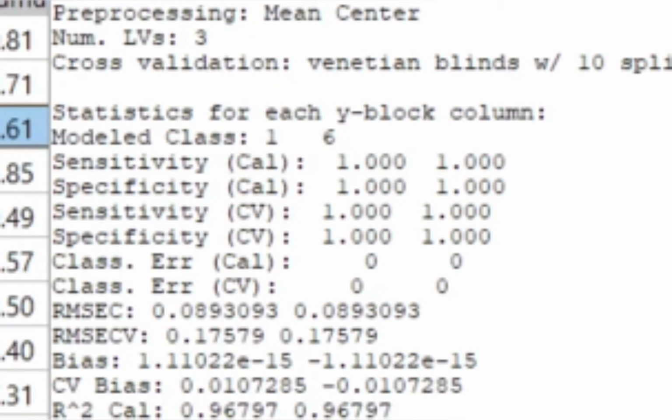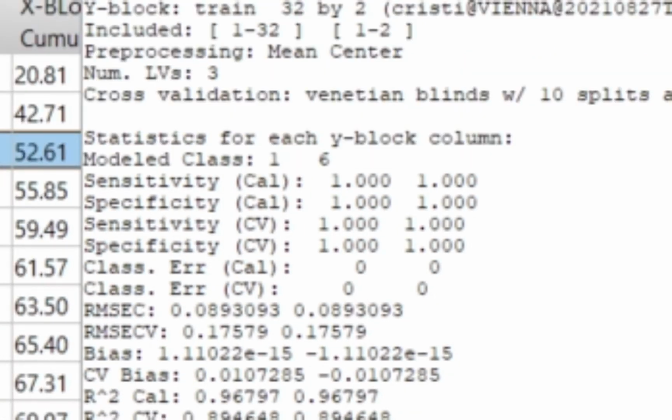Whereas the sensitivity and specificity with the CV next to it, which stands for cross-validation, is a bit of a better way of judging how good your model is at discriminating between classes, because what it does is it uses different cross-validation techniques, such as leaving one spectrum out and creating the model with all the rest of the data, and then trying to guess the class of the spectrum that was left out. And since we've fed the information of what class each spectrum is, it's able to verify if it was correct